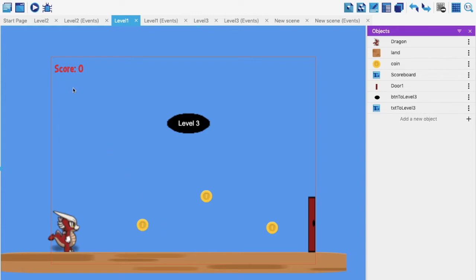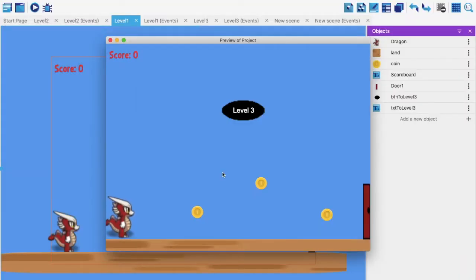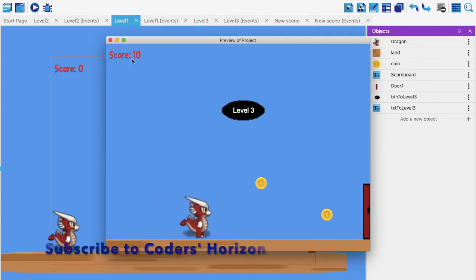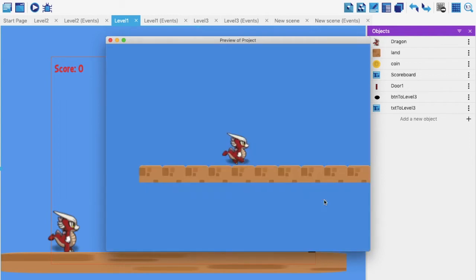We will be covering those things in this session. But before I start with this, let's see what our game already does and where we are in this game currently. So I'm going to quickly play this game. Now, if you remember, we have done a scoreboard and coin gets collected. There's some sound effect also. And then we had also done this button where if we click on the button, we go to level 3. We can click on level 1, come back to this, and we can also touch this sprite, the door sprite, to reach another level, which is level 2.